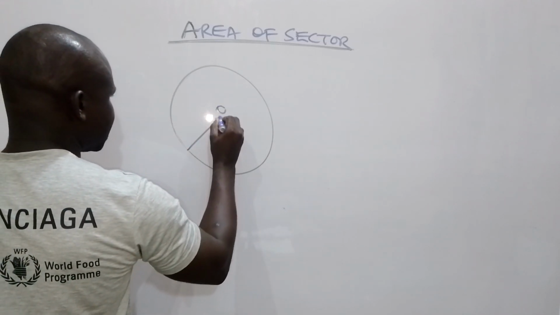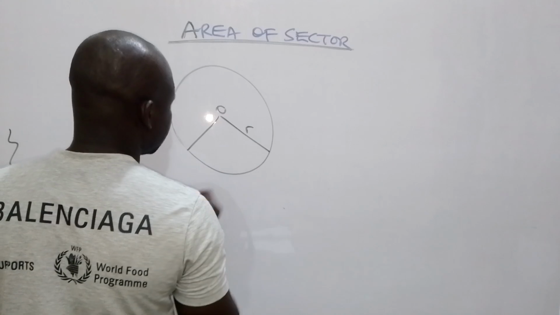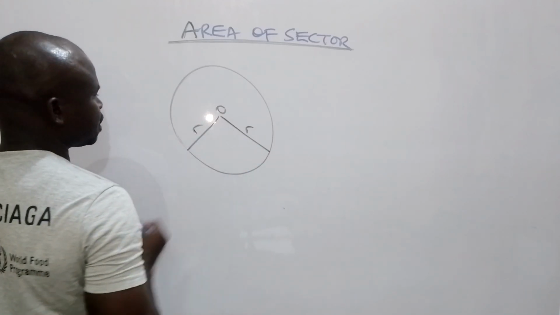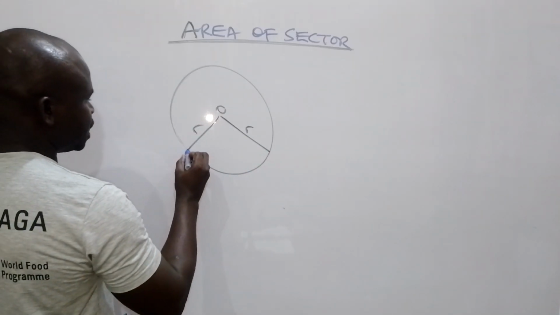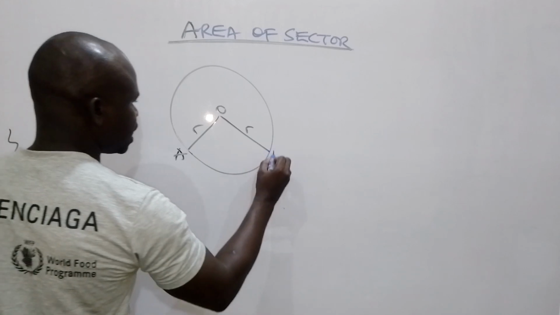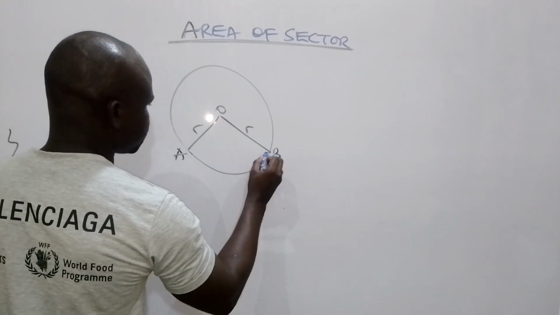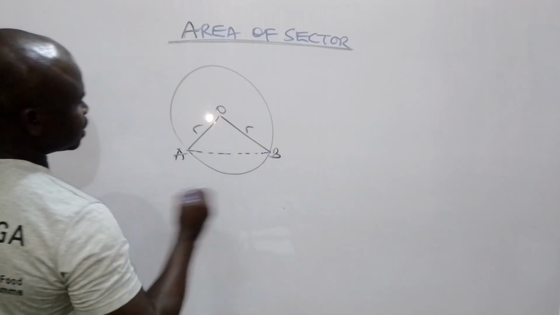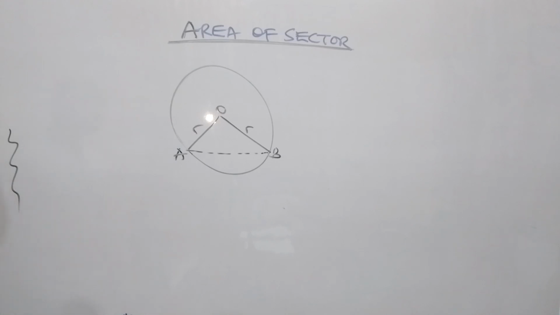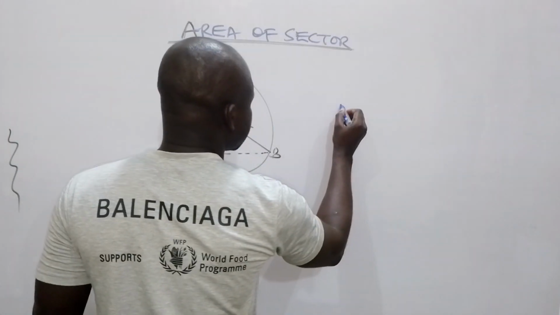Let's say this is the center of the circle. This is the radius, the line from the center to any part of the circumference. Let's call this point A and this point B. Of course, you can trace the chord there. So if we remove this from this circle,